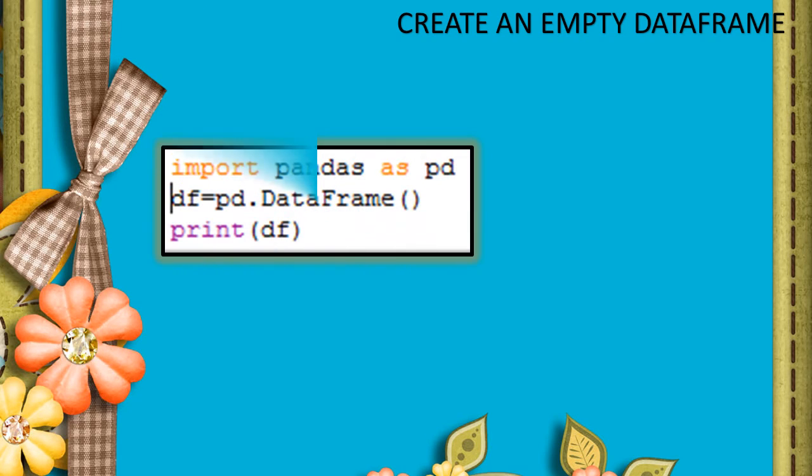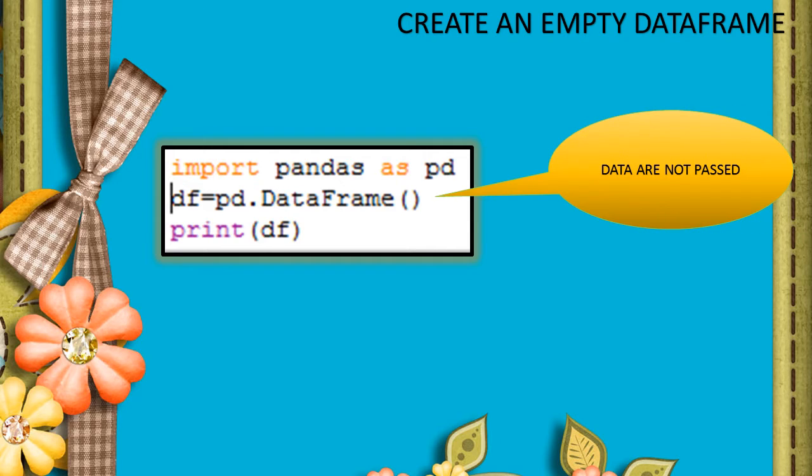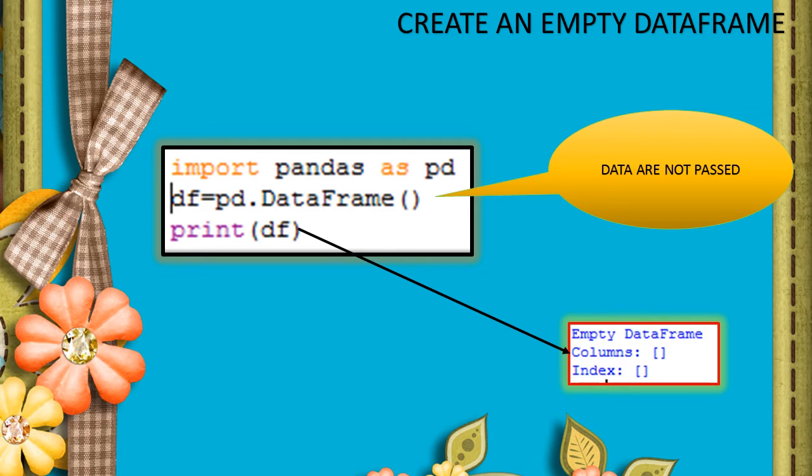If we don't pass any value to the data frame, it will be created as an empty one. Here the pandas library is imported with alias name pd, and df equals pd.DataFrame with empty parentheses. There is no value, so it created an empty data frame. There are no columns, no index, so it comes out empty.